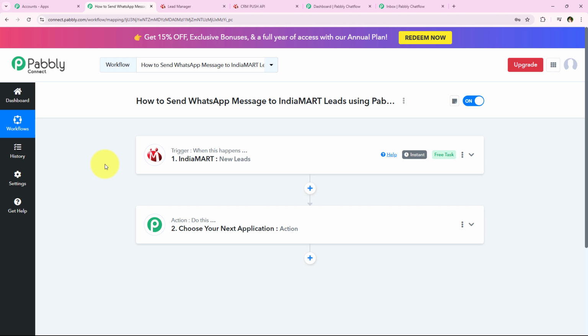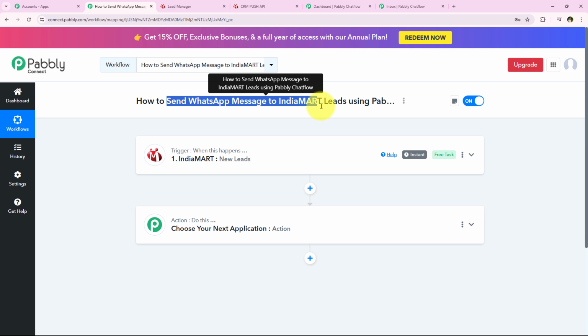And now what will happen is that as soon as a new lead is received through my IndiaMART account, automatically Pabbly is going to capture the response and trigger this workflow. Okay, so now further what I want is I want to send WhatsApp messages to all my IndiaMART leads using